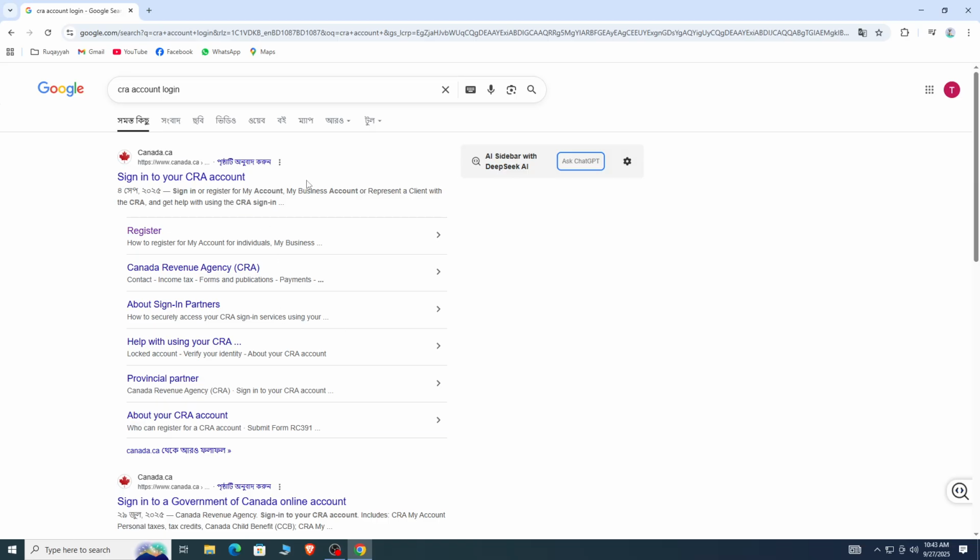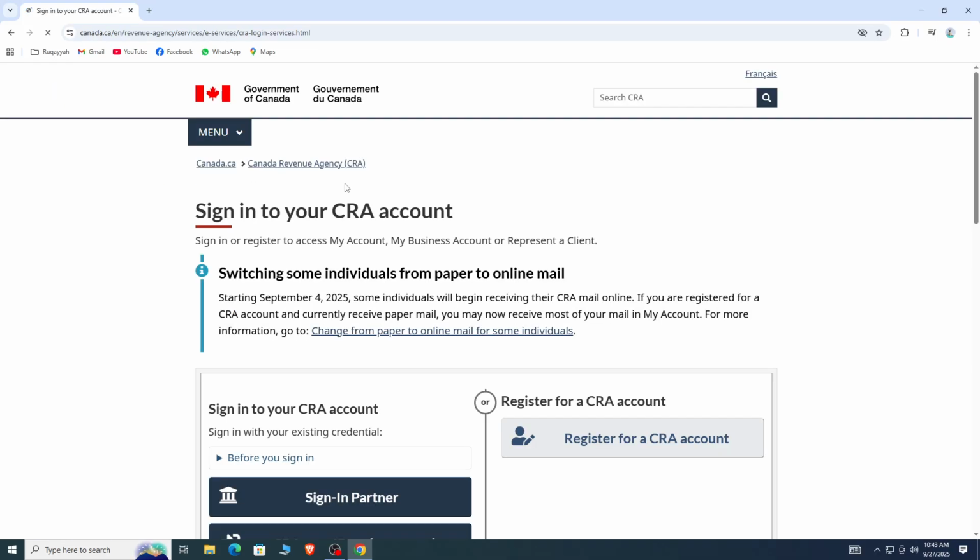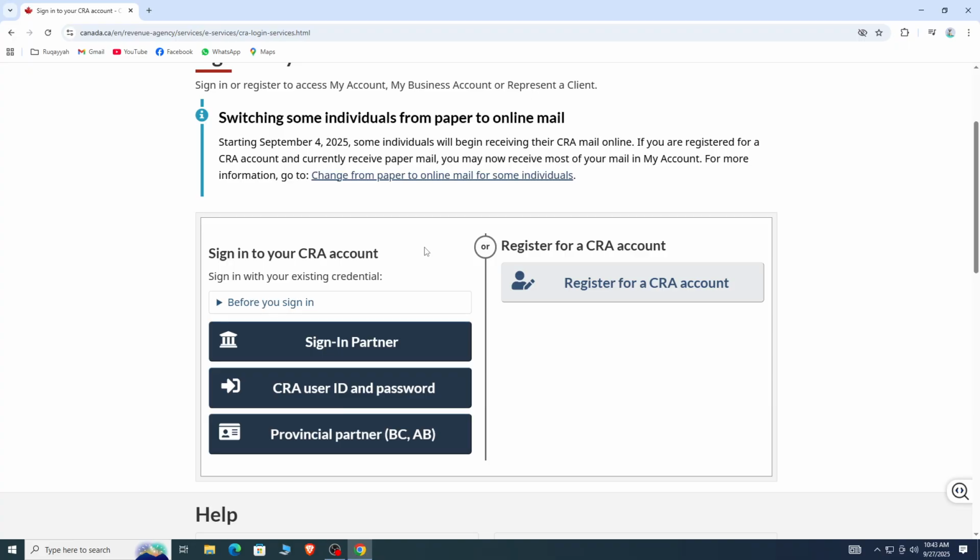First, open any browser and type in CRA Canada login. Click on the first link you see. You'll land on the sign in page, but scroll down a bit to find the option to register for a